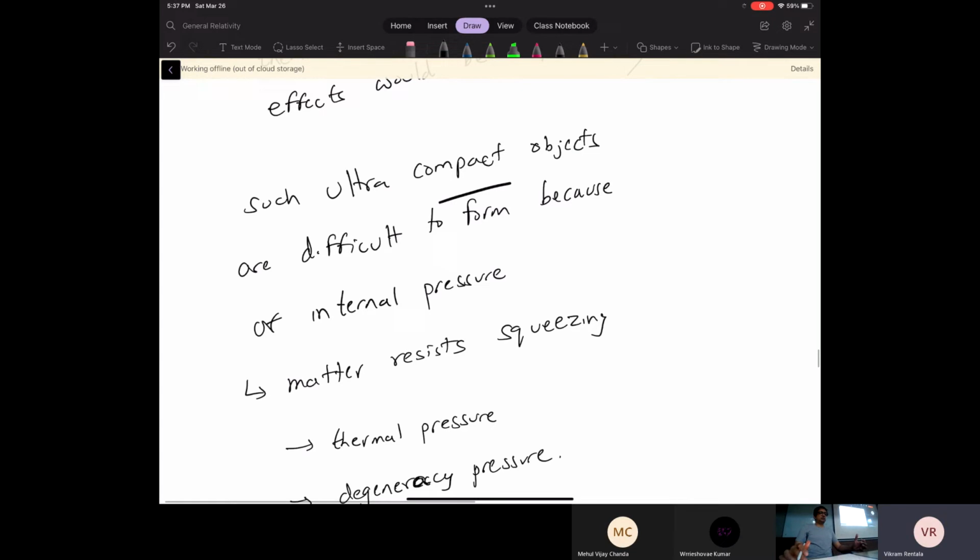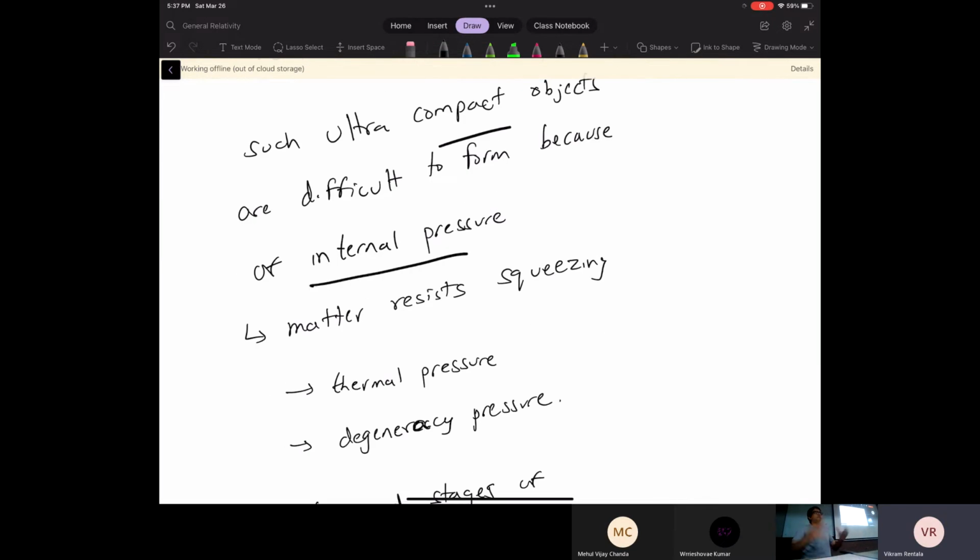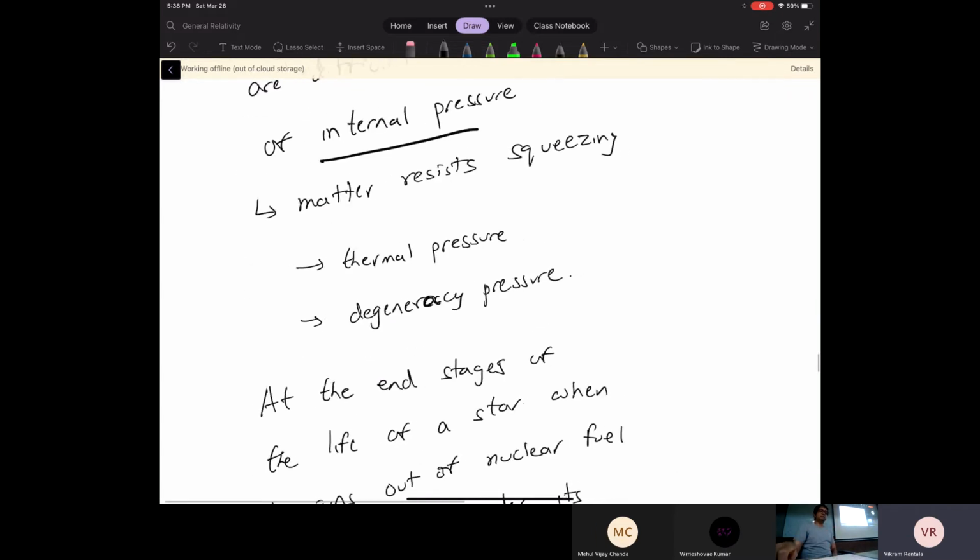In nature, internal pressure prevents gravitational collapse. Why doesn't the Earth collapse to a small millimeter cube volume? It's because of pressure. Why doesn't the sun collapse? It's because of pressure. Pressure prevents collapse. So getting something which is so dense is almost impossible. In fact, it was thought that it was never going to happen. Matter resists